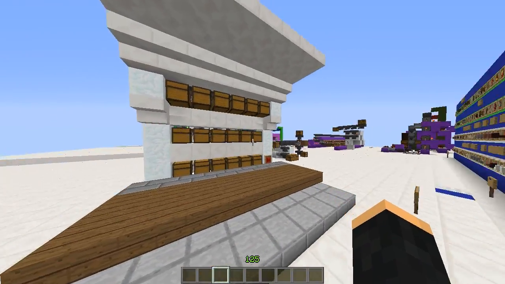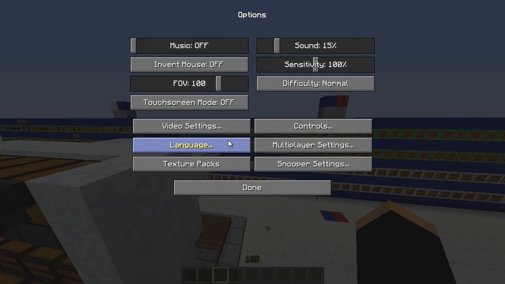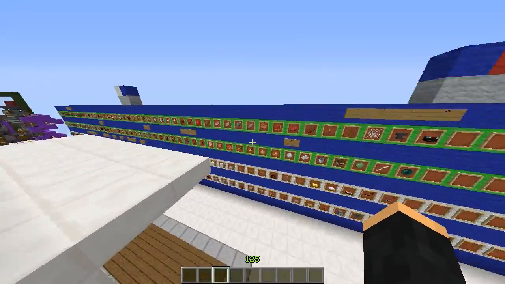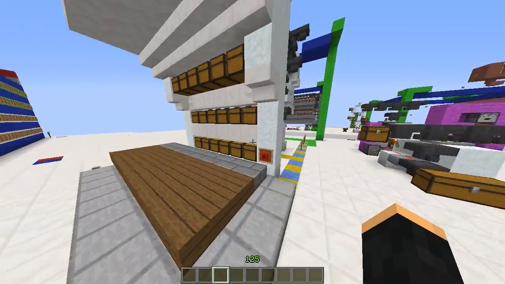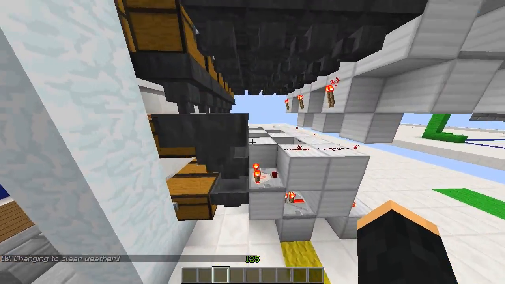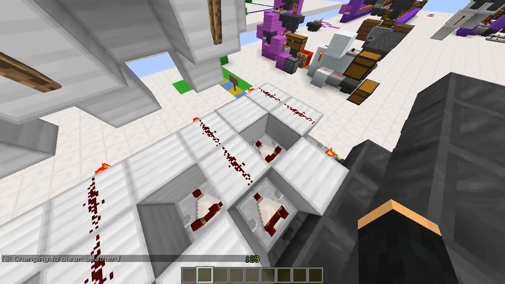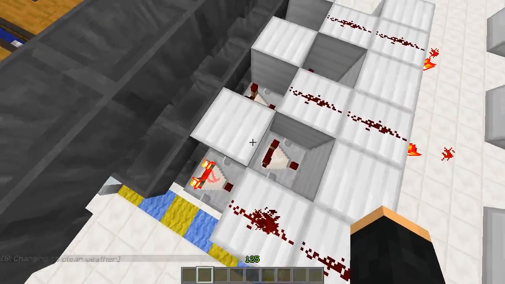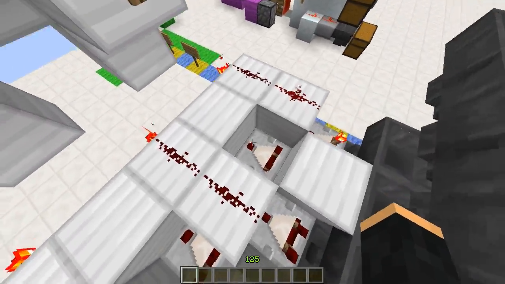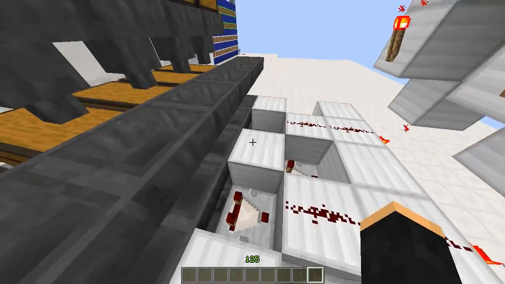Okay, here we are in the test world. Oh my goodness, these item frames make me lag. But anyways, here is the item sorter right here, and I found a video showcasing this. I'll link you to that video, and that video also links to the original creator, the guy who invented this